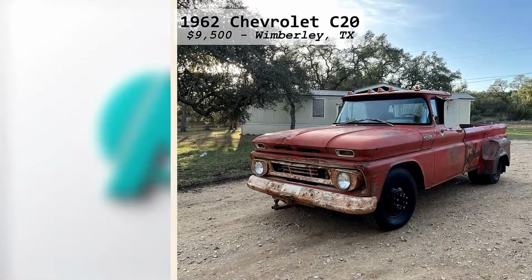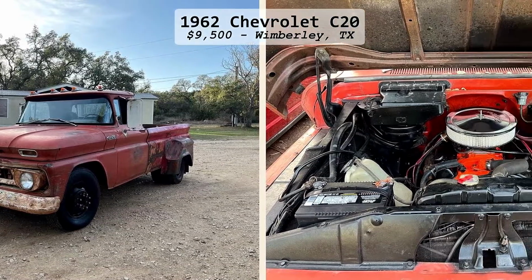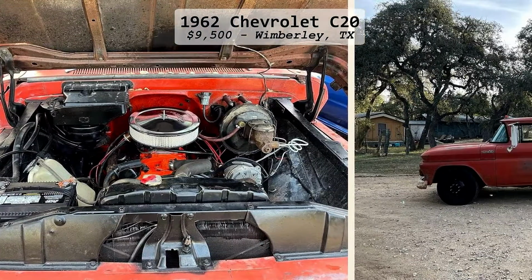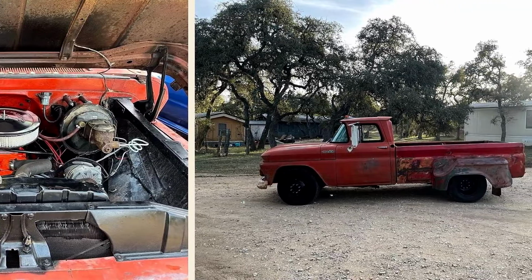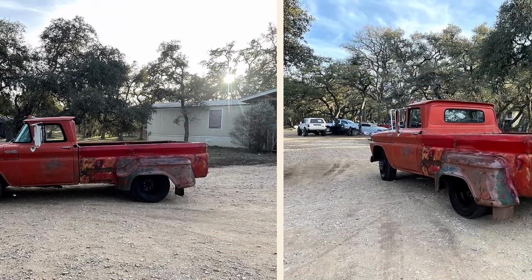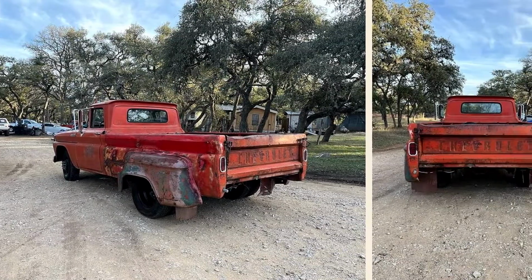Are you ready to own a piece of classic American automotive history? This 1962 Chevrolet C20 Dually could be your next gem. Priced at $9,500 and located in Wimberley, Texas, this truck features a rebuilt 350 engine and manual transmission for a smooth vintage ride. With only